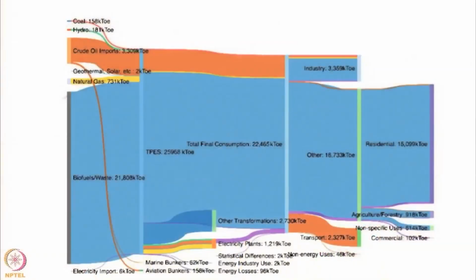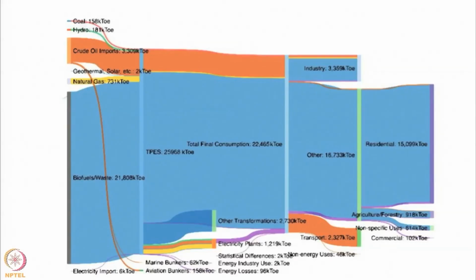Moreover, we asked the students to construct a Sankey diagram with this information. The Sankey diagram is a very good way to represent the flow of energy from primary sources to secondary energy all the way to end users and in different sectors. As you can see in this particular diagram, it's very clear where the losses are and what the magnitudes of